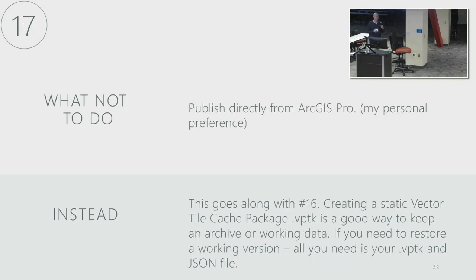And this is a personal preference, but you can publish your map directly from ArcPro and just say, there's my vector-based map. I like the idea of having the vector tile package and the JSON, like I just said, because if you have all of those, you kind of control the versioning of it, because it will break. Once you put the wrong thing in that JSON line, or once you move or delete a file that you weren't supposed to in the ArcPro, you end up with a broken vector-based map very quickly.